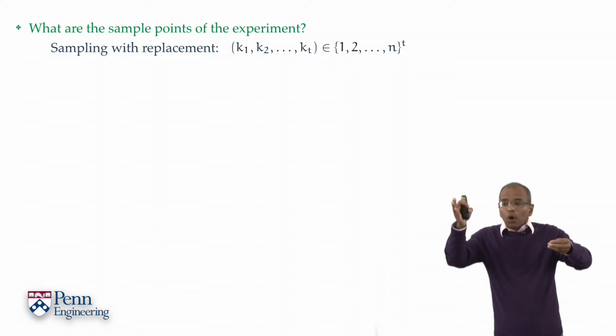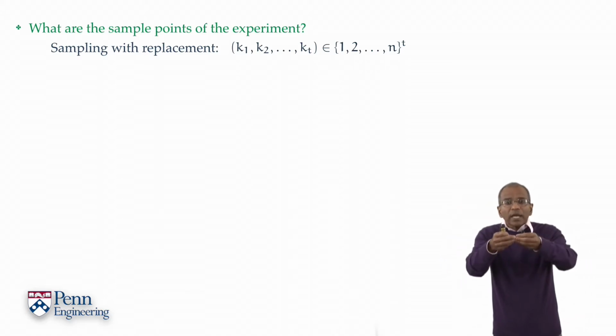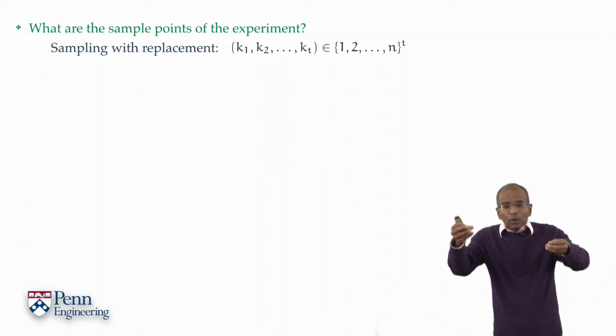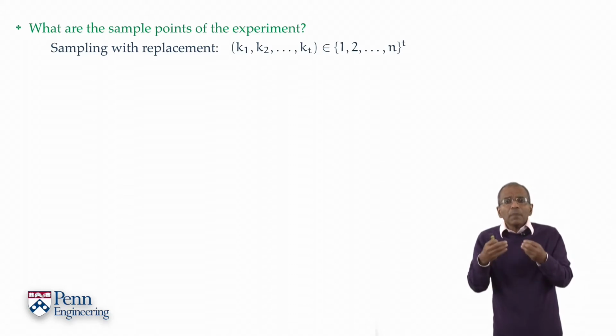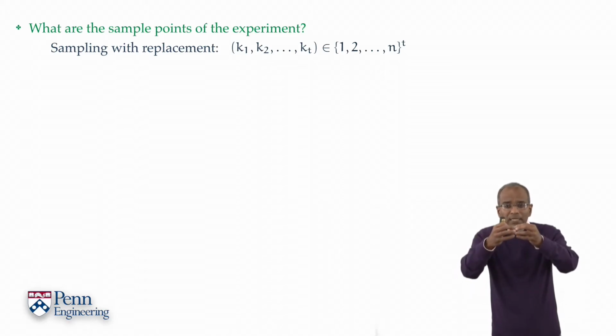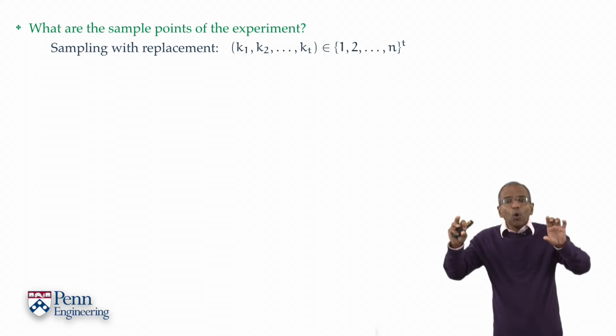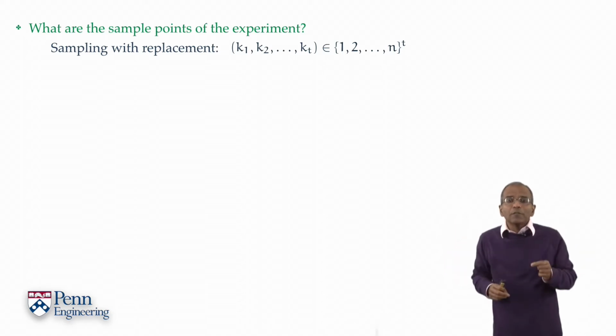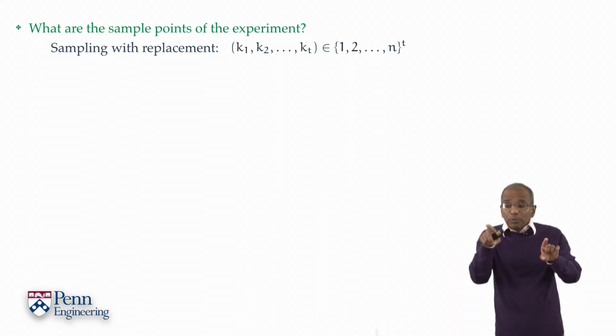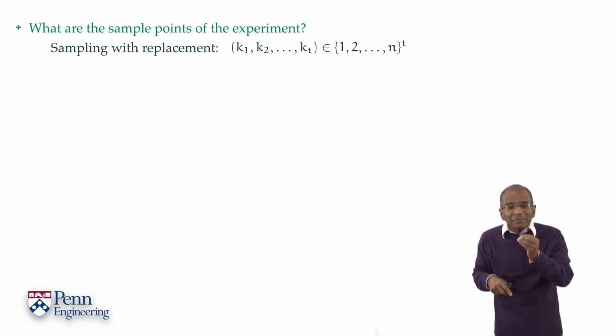Label the coupons 1 through n and specify a T tuple where each of the elements k1, k2, k3 through k sub t represent numbers from 1 through n. They represent which coupons you got on which purchases. And this ensemble of purchases tell you all the coupons you've acquired over T purchases. Of course, there could be duplications of coupons in these purchases. So sampling is implicitly here with replacement from an underlying population. Things can be repeated.